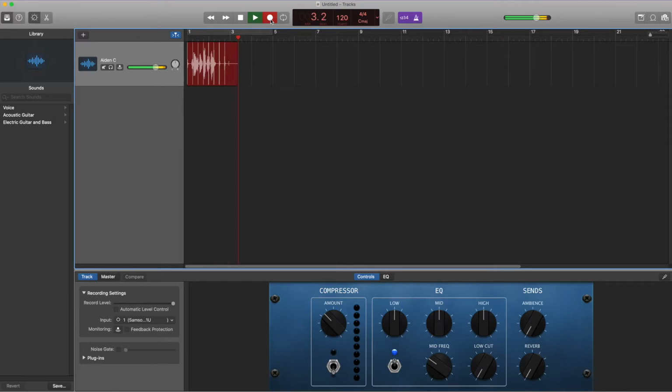Then once you finish recording, you can either press record or you can press stop, okay? If you press record, it'll keep playing as you saw earlier right there. If you press stop, it'll just stop. I usually just press stop or I click space. You can go back to the beginning with this button. It's super useful. And then if you don't like your take, right, you can delete it by pressing delete.